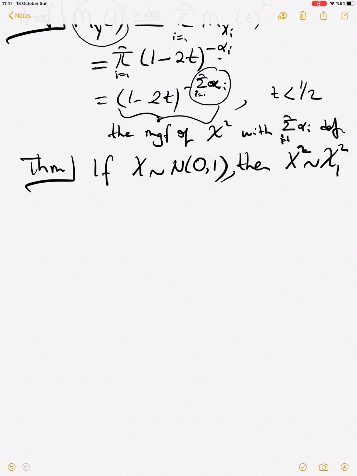Actually here, if you want, you can use the Jacobian method, but I also use the moment generating function form. Okay, so for the proof,